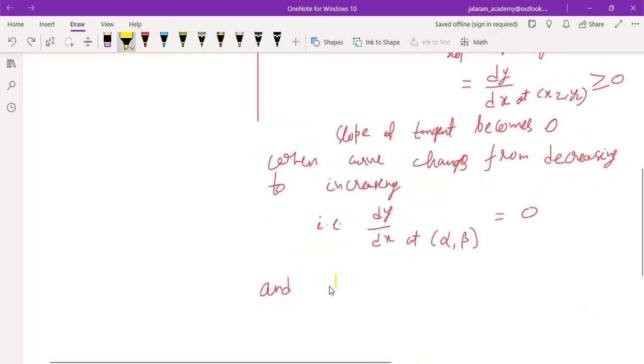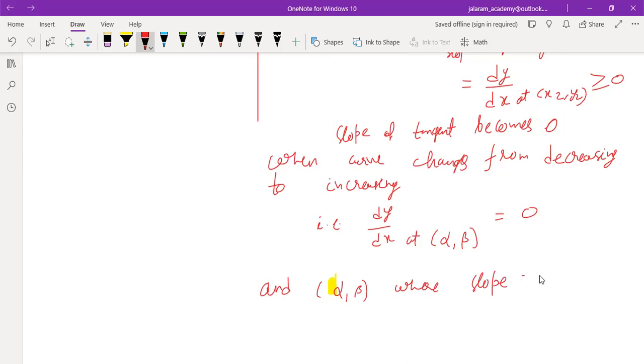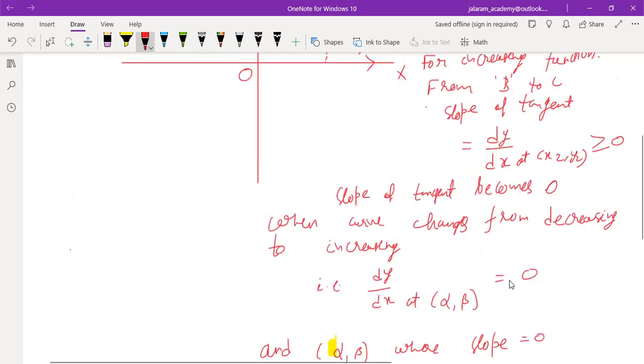And point alpha comma beta, where slope is 0, is the point of minimum. Is that clear to everyone? So whenever we have to find the point of minima, we have to observe whether the curve is changing from decreasing to increasing or not. And vice versa means